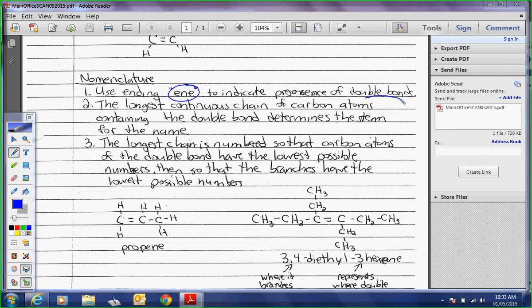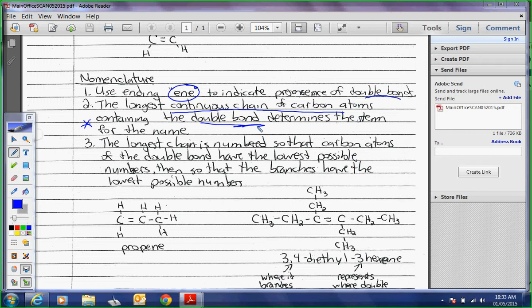To indicate the presence of the double bond, you still go with the longest continuous chain of carbon atoms, but remember how we came up with one example with the alkanes and I said, oh, you can't have a branch off a branch, so have another look. Your longest continuous chain must have the double bond in it. Even if you find a longer one, but it means you have to skip the double bond, it's not that one. So the longest continuous chain has to have the double bond in it. And then that determines the end name bit: propene, pentene, butene, etc.